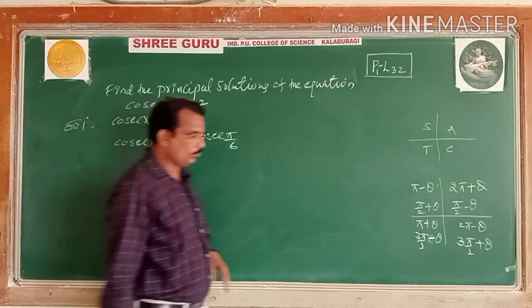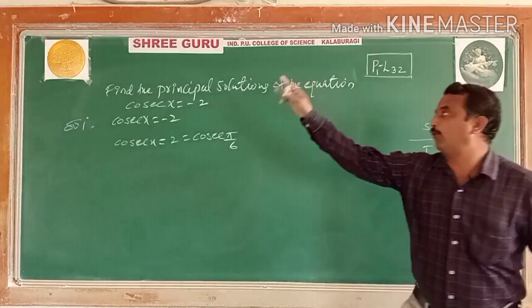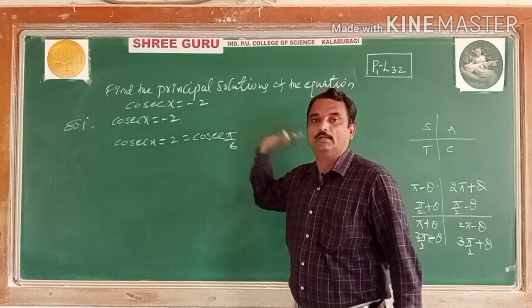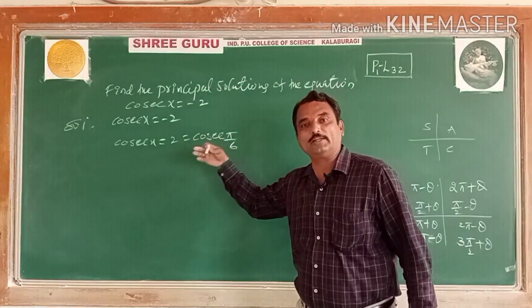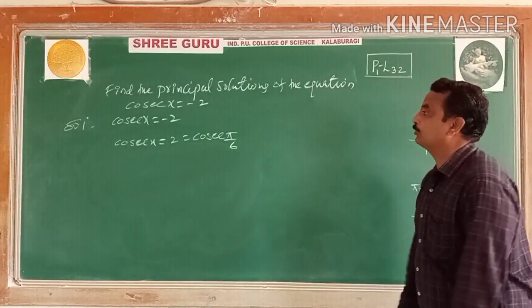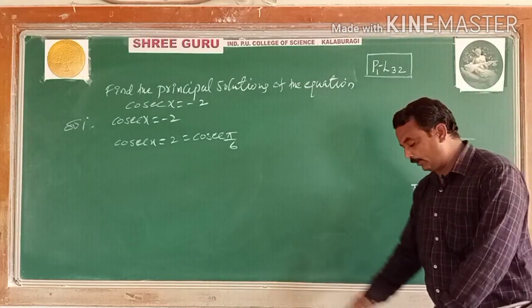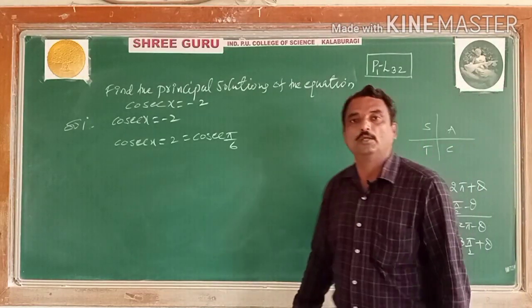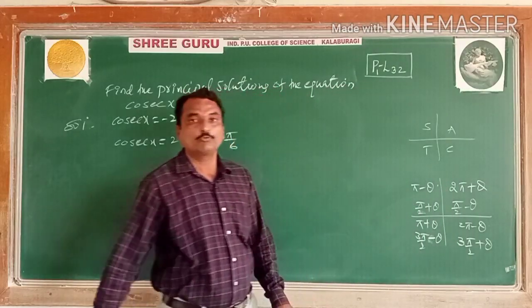So this is the cosecant value I have taken. First we should write the reference value, whatever it may be, that you have calculated. So is it positive or negative? The given equation is negative, minus 2. Where is cosecant negative? You know very well. Where cosecant is negative, first you see where it is positive.